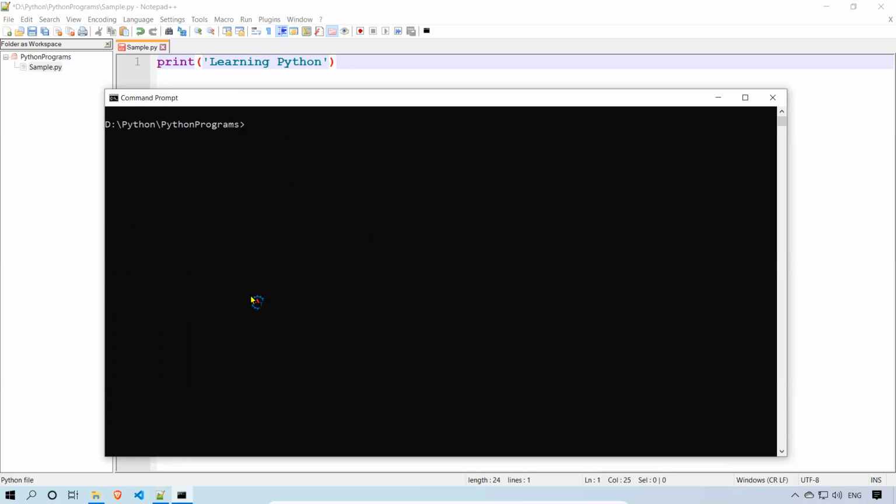How will you execute? In one of the previous videos, we discussed that the Python compiler will compile the code and you will get the Python bytecode, which can be interpreted by the Python virtual machine, then you'll get the output. To do all these things, we have a single command: python space, then your program name, sample.py. That's it. When you hit enter,